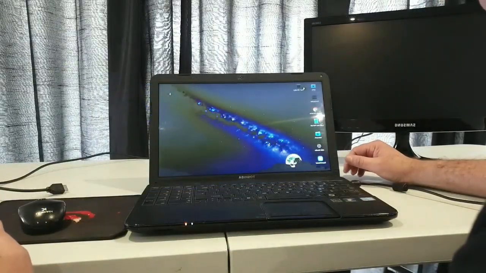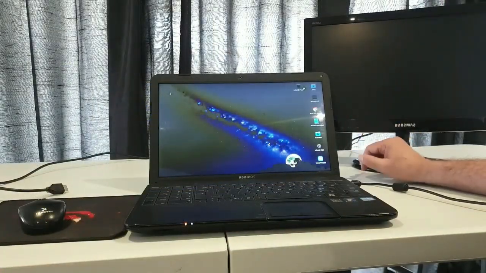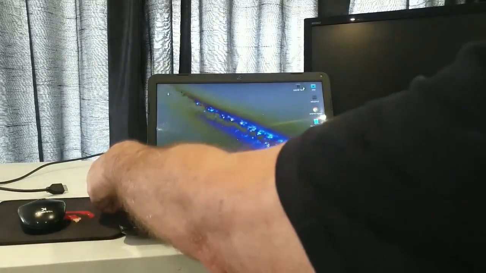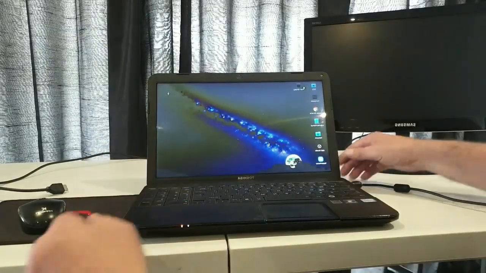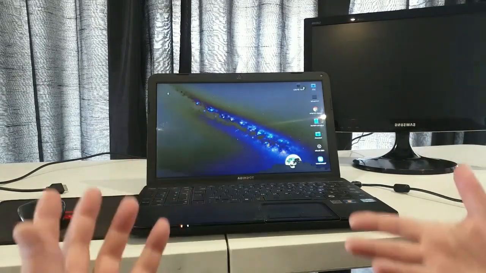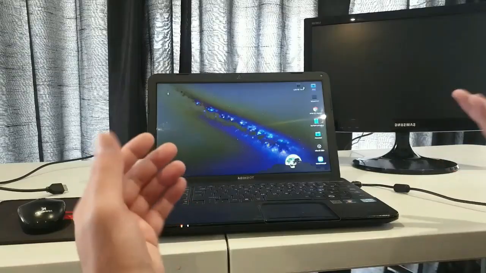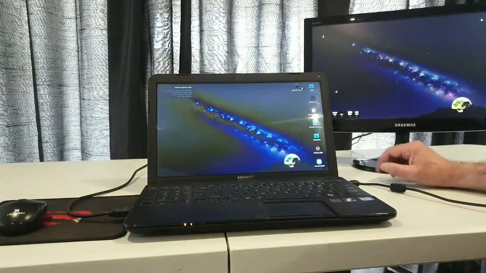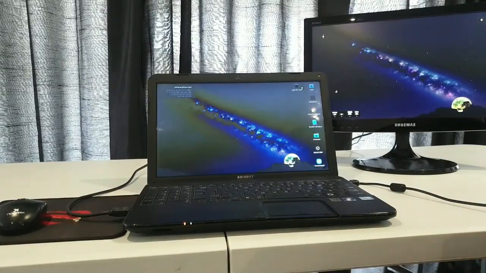Unfortunately, I had to change the monitor quickly. The reason for that is I totally forgot this laptop's VGA plug-in here does not work, but luckily it had an HDMI, so I can plug in the HDMI rather. Unfortunately, the VGA doesn't work. That's it. Now I've put in the HDMI cable. As you can see, it gives an extension.